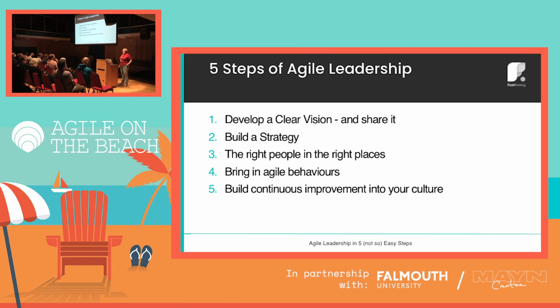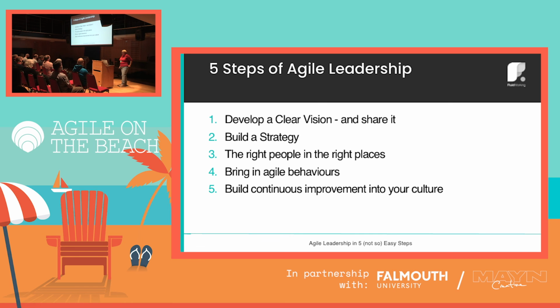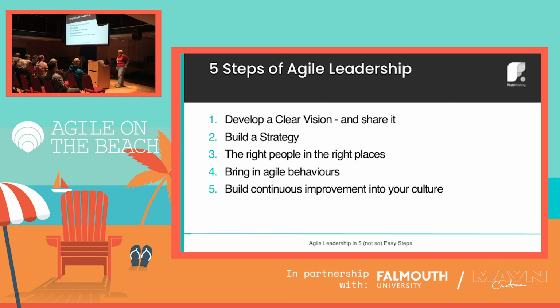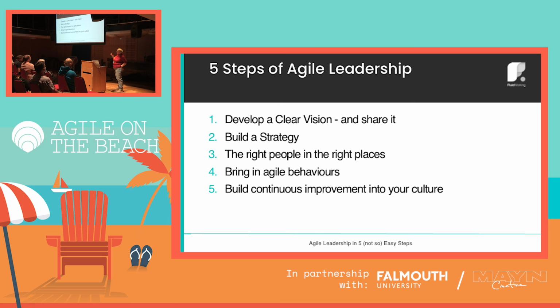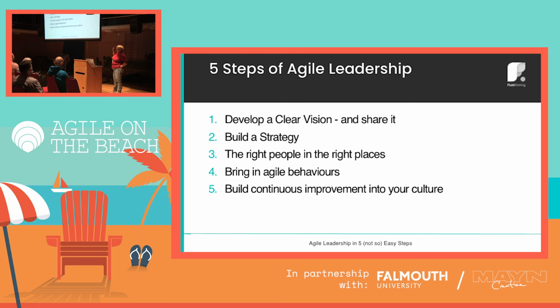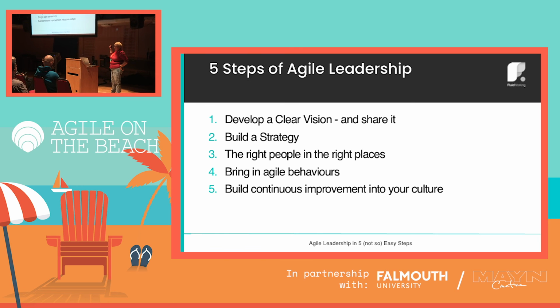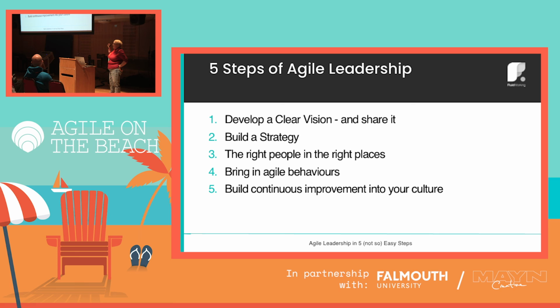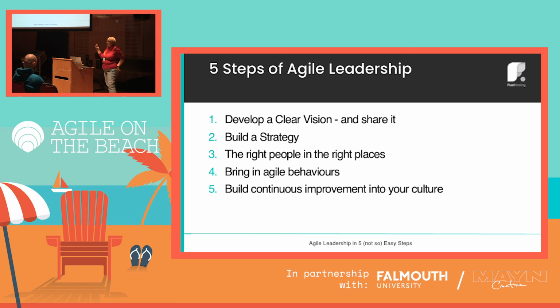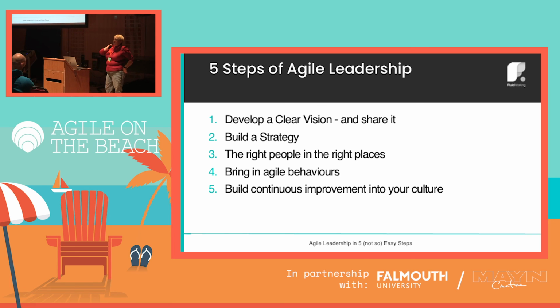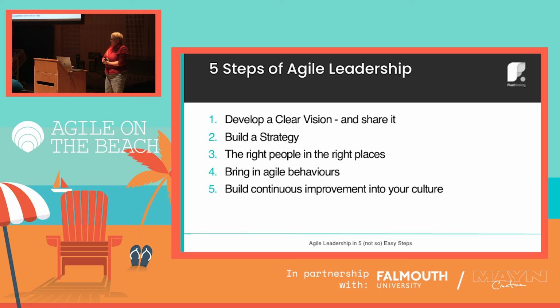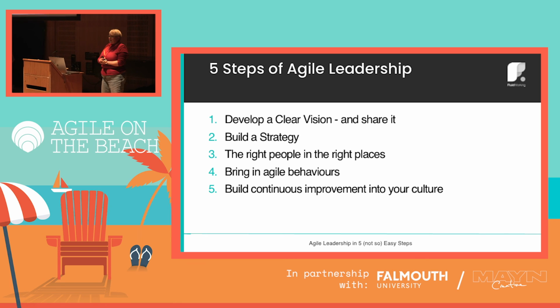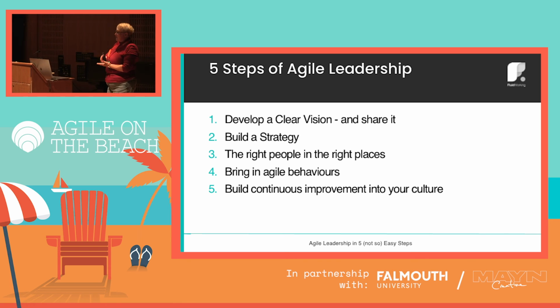So, those are our 5 steps of Agile leadership. Not so easy steps. What I really want you to do is see if you can see through these to the heart of Agile that's in these steps. Know what you're building. That doesn't matter whether you're CEO of a company or you are a 7-person Scrum team. It doesn't matter. Know what you're building. Know what is essential and prioritize accordingly.